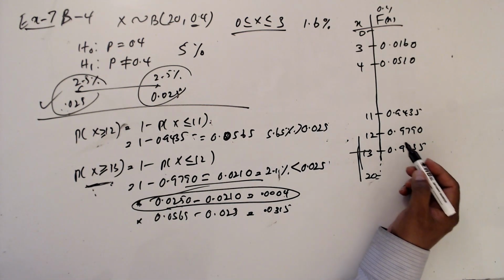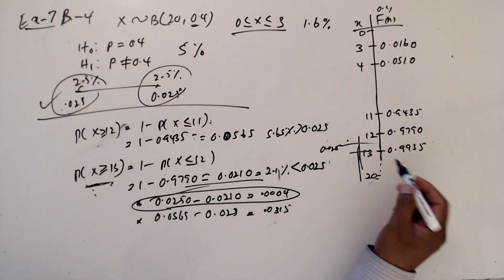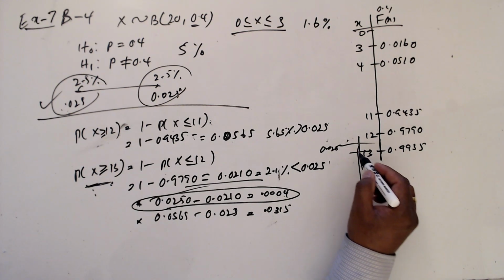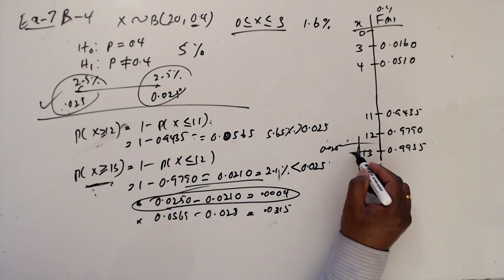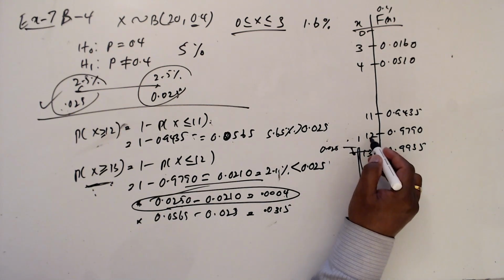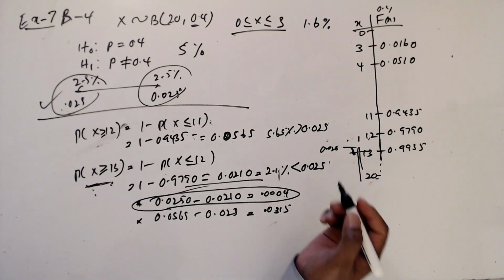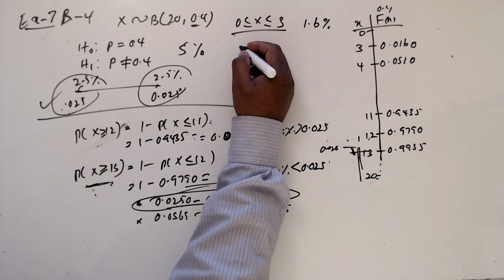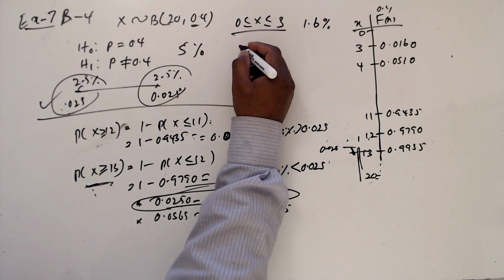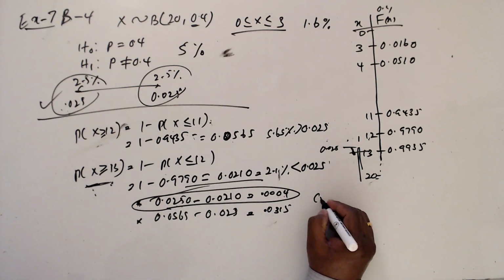So the 13 is much closer when you compare with 12. Then the upper tail is going to be the critical value. The critical value is 13,